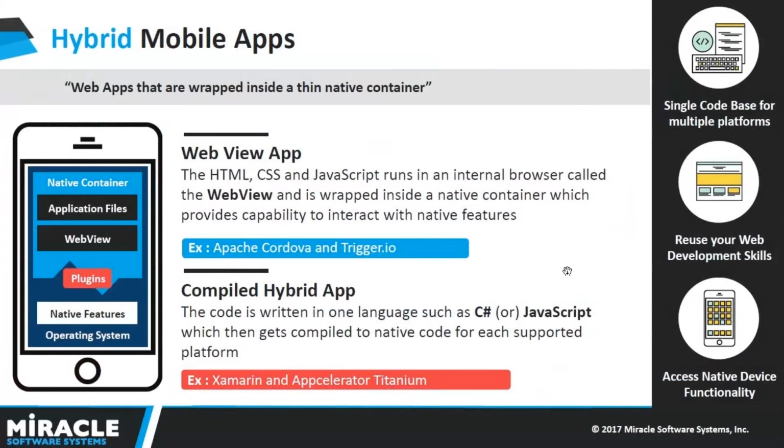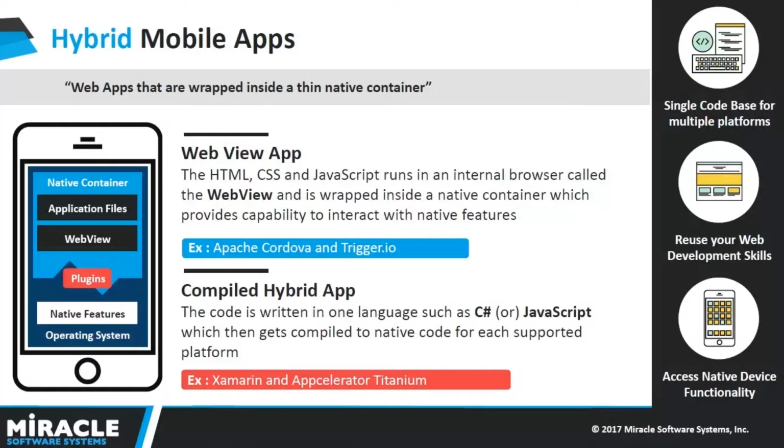Hybrid mobile apps. We have three strategies to develop mobile apps: one is mobile web apps, another is native mobile apps, and the third is hybrid mobile applications. What is a mobile web application? Generally, the application is developed as a responsive website, like with Bootstrap, so that it fits your screen. If you open your application in a general browser or mobile browser, it will fit your screen, so it will be like a mobile web application.